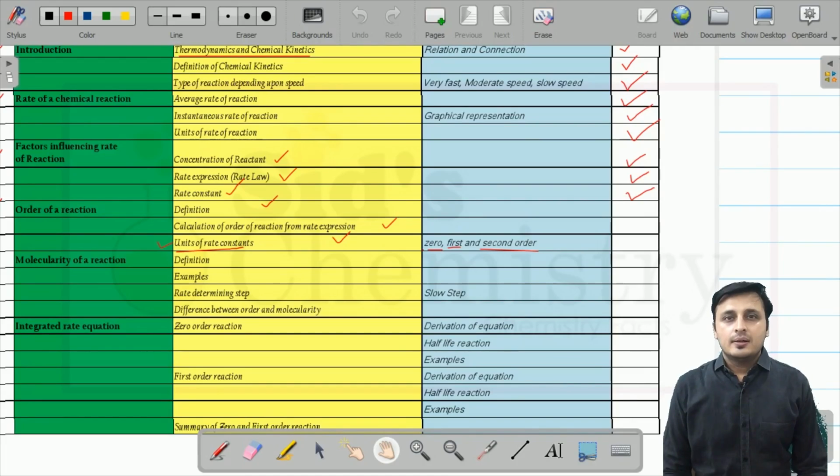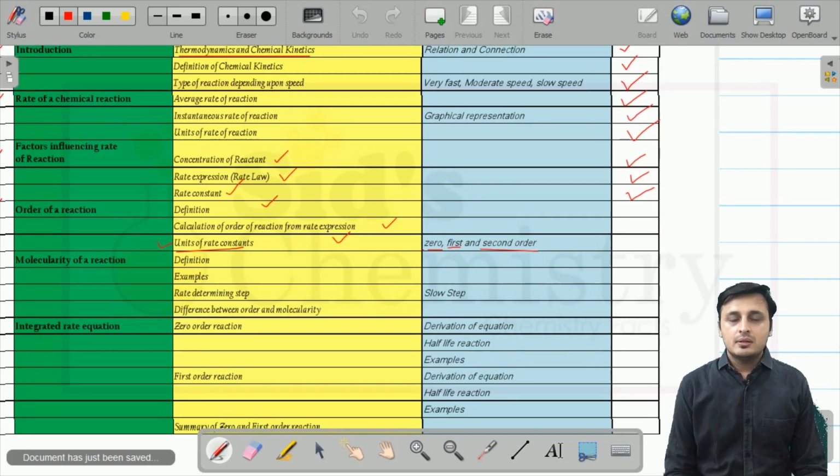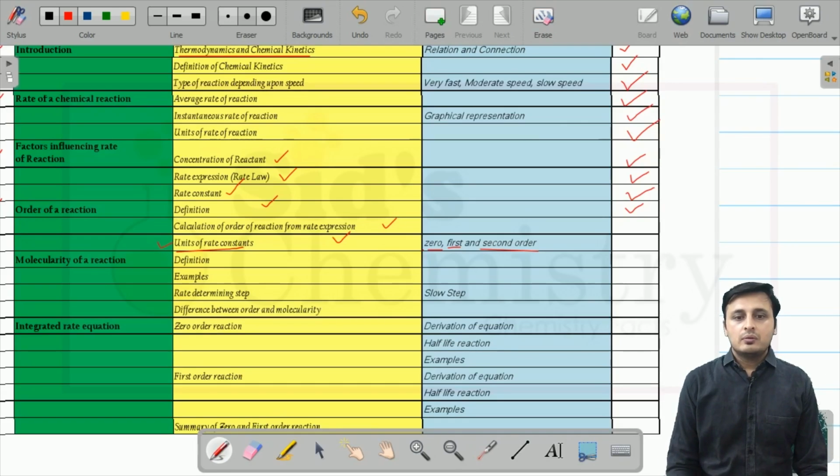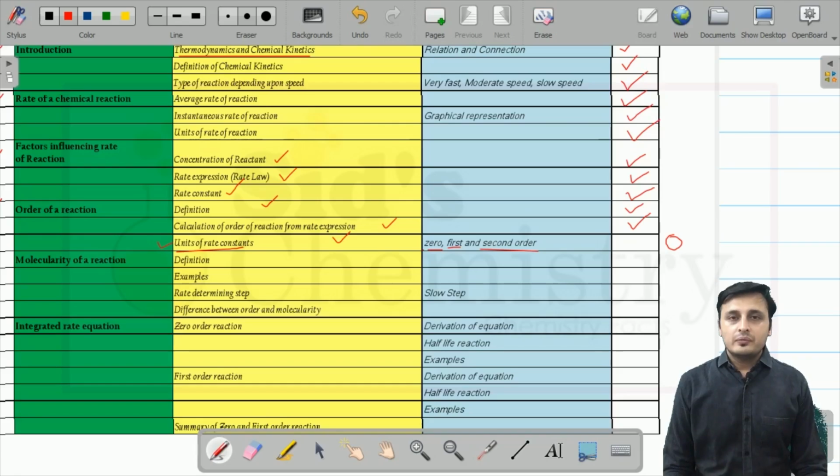Now over the screen you can see the checklist is represented, and in the checklist we will understand what has been done and what we are going to do today. In the last session we understood the rate constant, the definition of order of reaction, and the calculation of order of reaction from the rate expression. So that is already done. Now in today's session we are going to learn about the units of the rate constant,